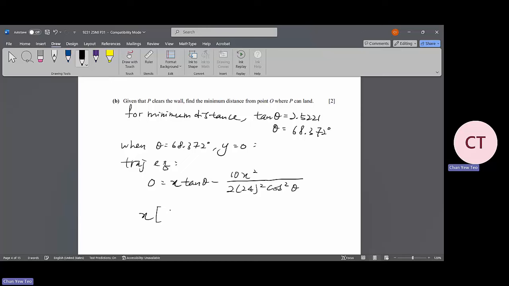Then we get x times (gx divided by 2u squared cos squared theta minus tan theta) equals 0. x equal to 0 is ignored or rejected. Then the other solution is that x will be equal to 2 times u squared cos squared theta